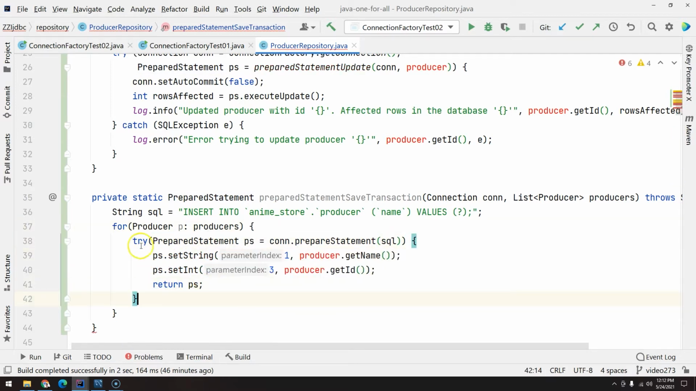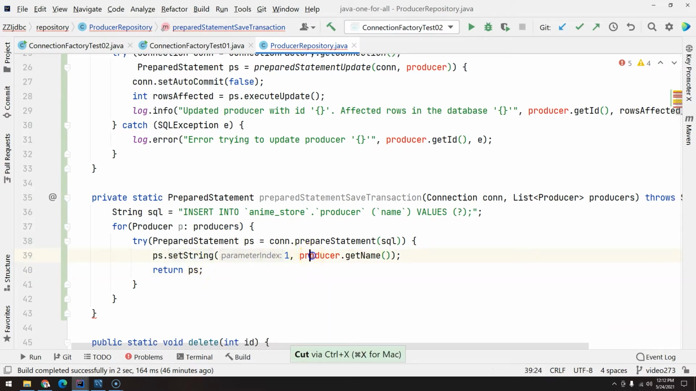So the try with resources is inside the for, because for each one of the producers, I'm going to have this create prepare statement. And now I don't have this one anymore. I just need the name, and I will get p.getName, and I want to execute. So basically ps.execute,